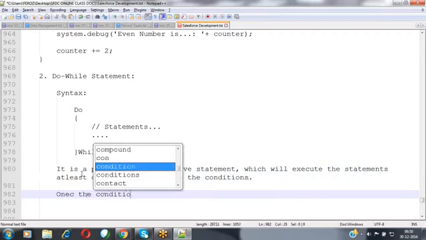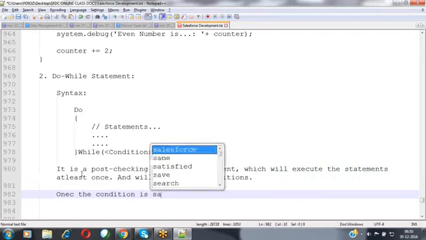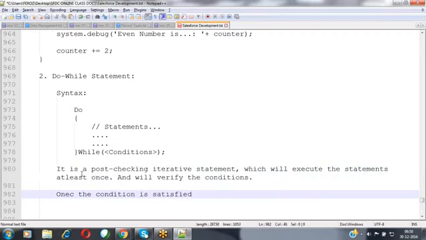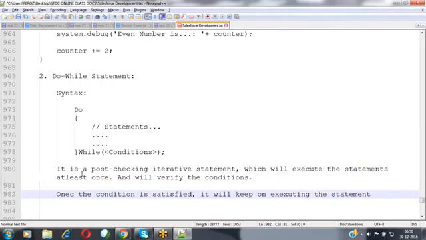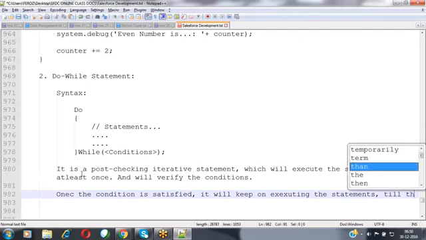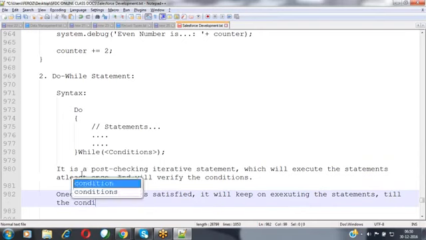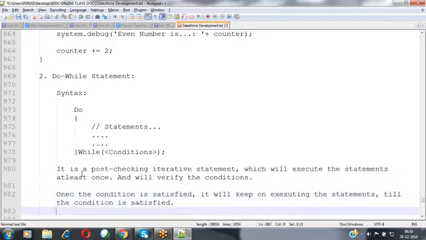Once the condition is satisfied, it will keep on executing the statements till the condition is satisfied.